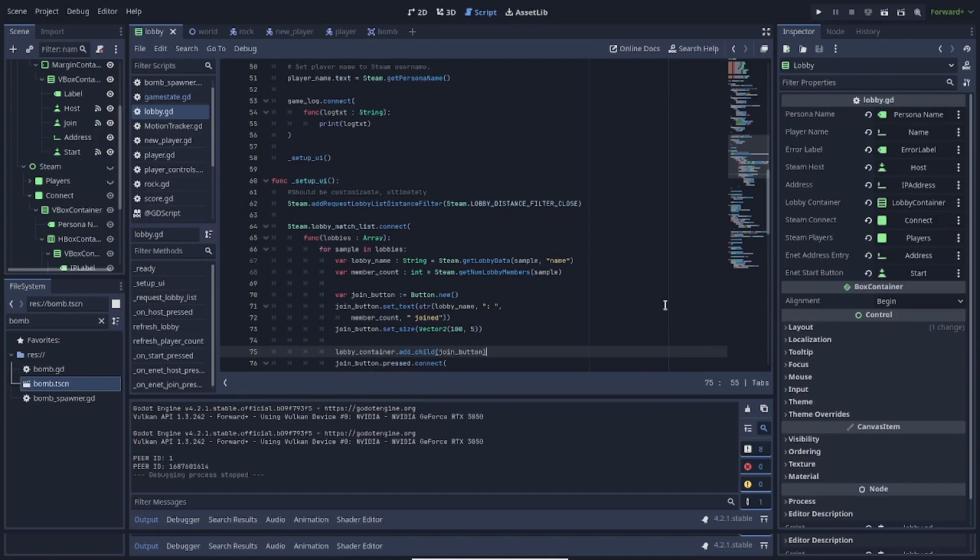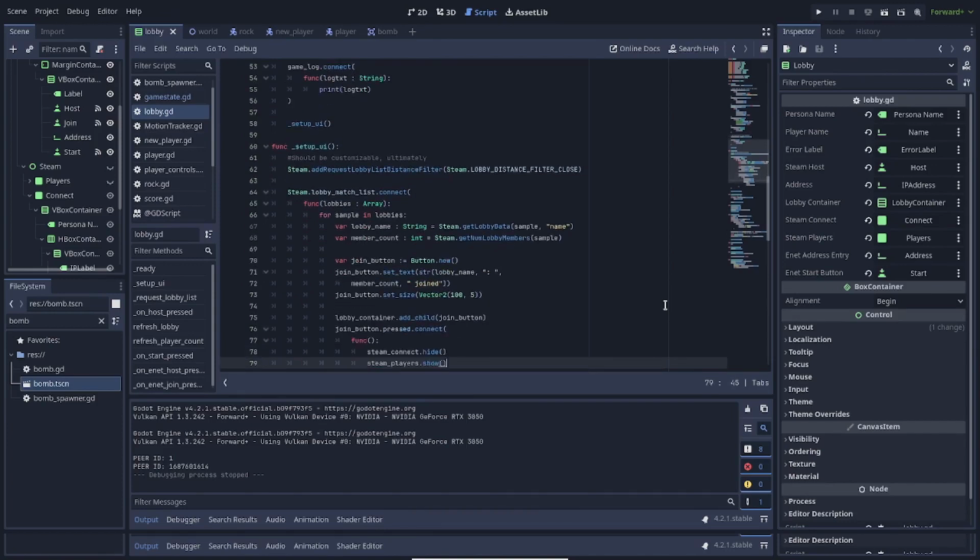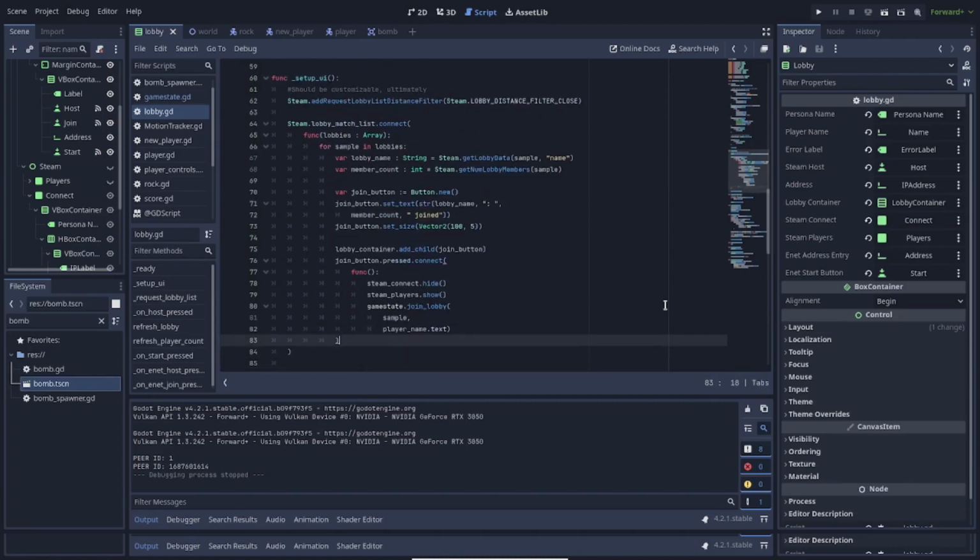But you know, we're not really done yet because the join button is not actually attached to anything. We need to connect its pressed signal. And we'll do that here with another lambda. What that does, when you click on the button for this particular lobby, it hides the Steam Connect, shows Steam players, which is all the players connected to your Steam lobby. And to clarify, if